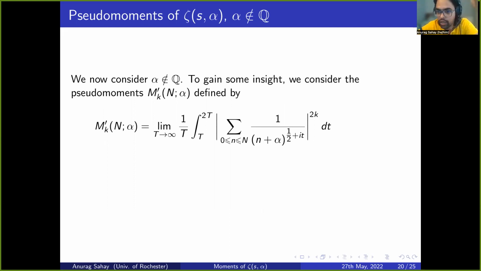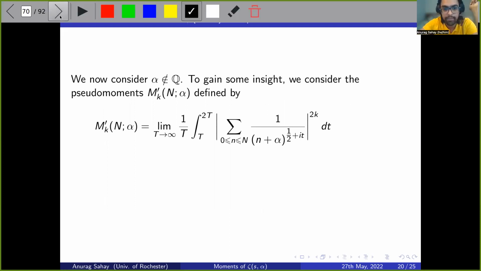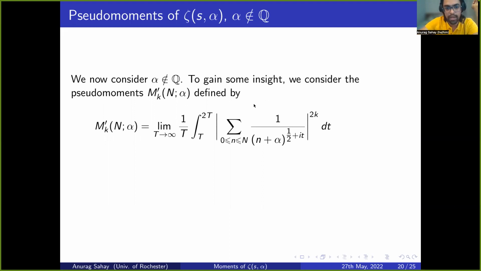So it won't give you the right constant, but it'll tell you what the power of log in your conjecture should be. And if you're familiar with this area, it's because of the approximate functional equation. It's like ignoring the second half of the approximate functional equation of zeta. So if you look at this moment and you do the usual thing of taking a mean square and writing